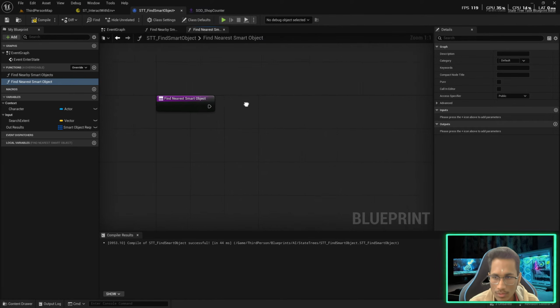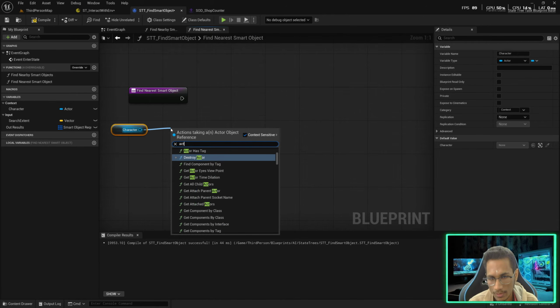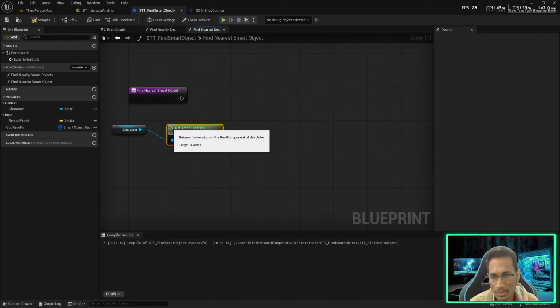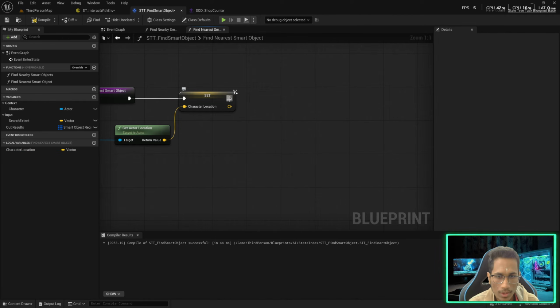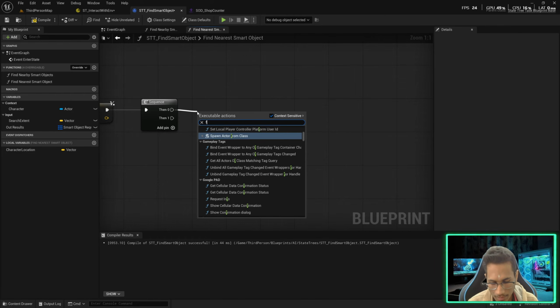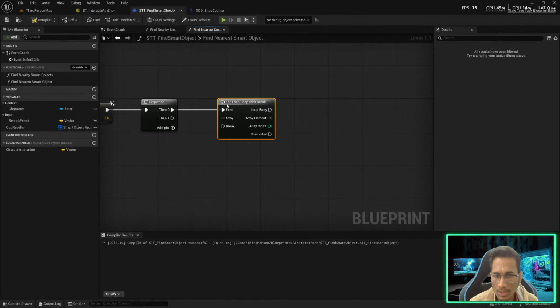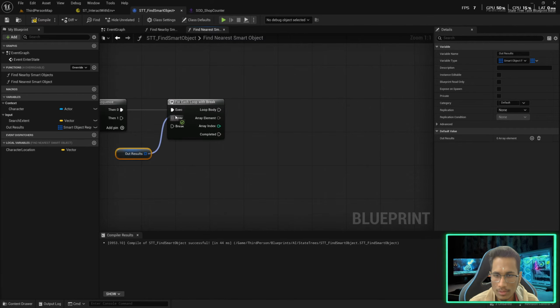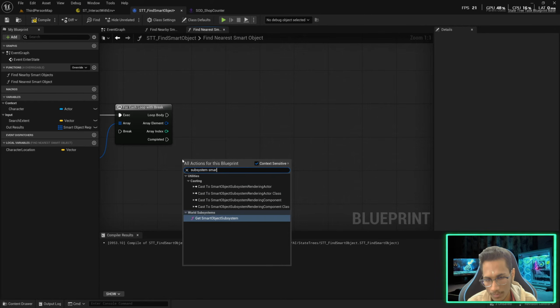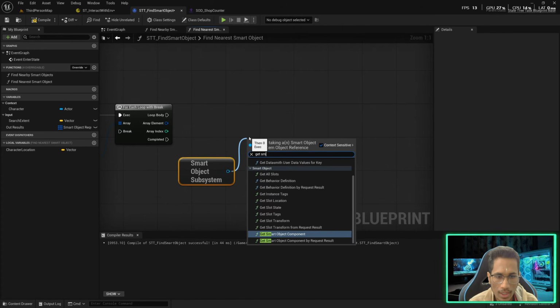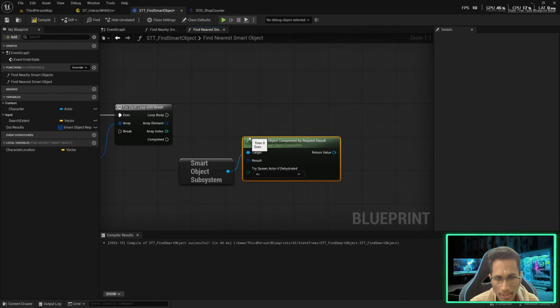smart object. First of all, you get the character's actor location, because we want to do the distance comparison, and promote this to a local variable, and we will call it character location. Plug this here. Then we go for a sequence pin, and we use a for each loop with break. That means we will find the nearest item, and we will take the out results that are being calculated. And now we will get our subsystem of smart object, and we will say get smart object component by request